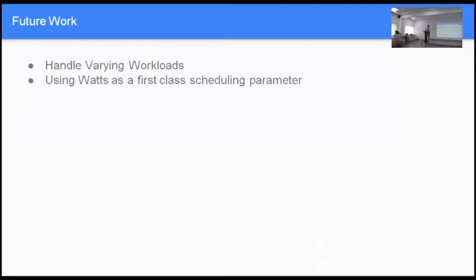Let users give you a hint about what is their tolerance in terms of how much power you let their application draw, and make power a first-class parameter in terms of scheduling for massive data centers, because energy is such an important parameter. As of now, it is not being done. As of now, it's not part of the scheduling. We have implemented it locally, and our work right now is to be able to patch this with what the open source community is using. It's what industry is using.